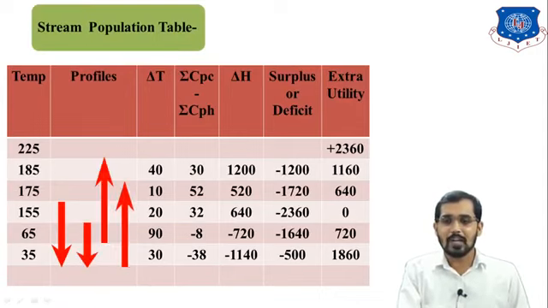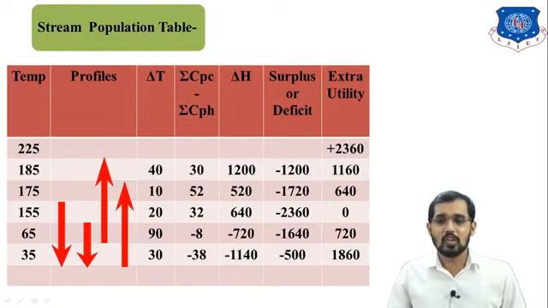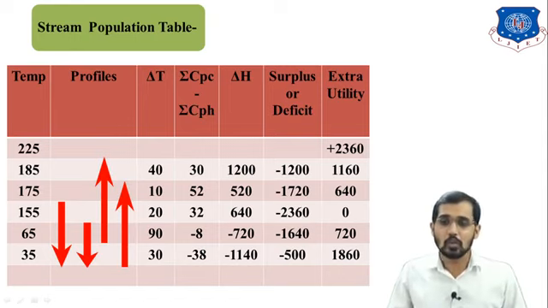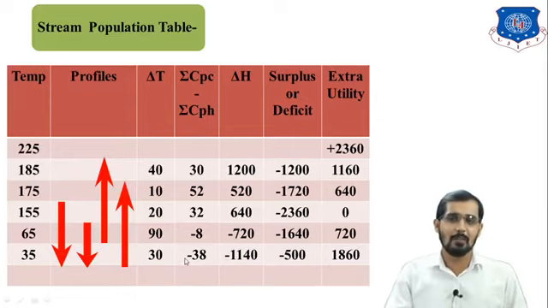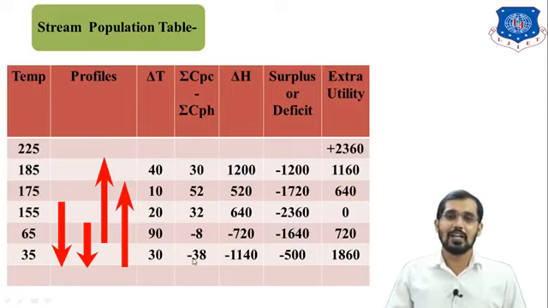Similarly we will calculate for the next stream, that is minus 8. Here it is the summation of specific heat for the C1 stream plus the C2 stream, that is C1 plus C2 minus H1 minus H2, and you will get minus 8. For the last stream there are only 3 streams available, that is C2, as C1 is not available. So C2 minus H1 minus H2 means the heat flow rate of the C2 stream minus the H1 stream and the H2 stream. You will get finally minus 38.